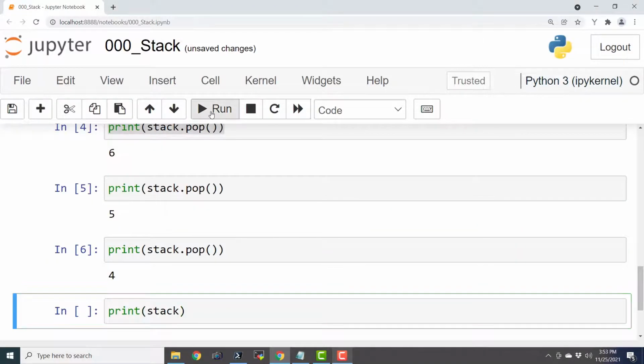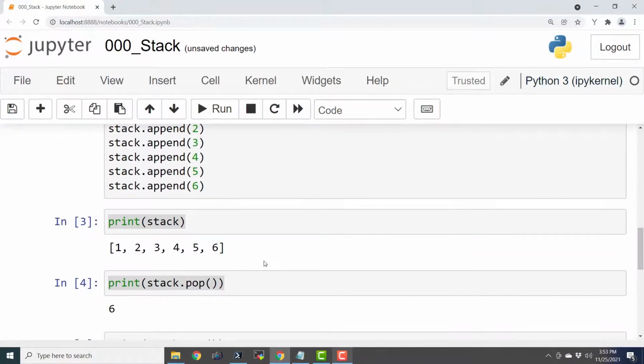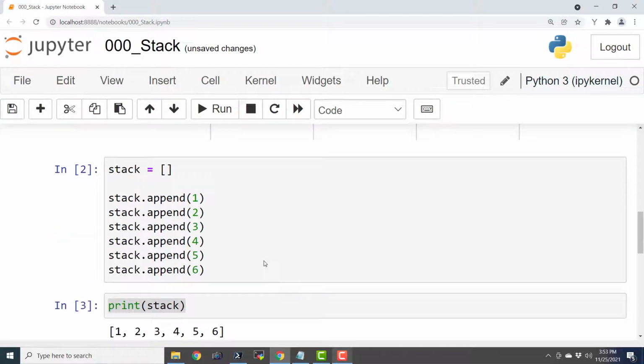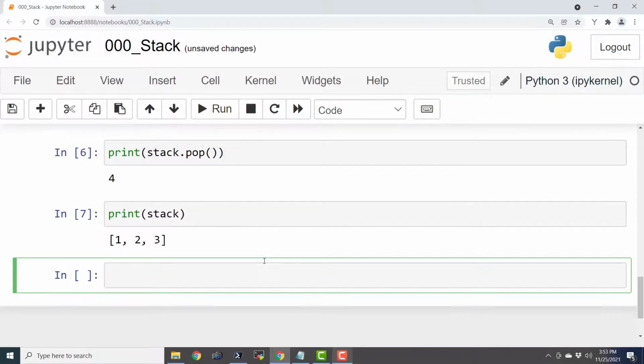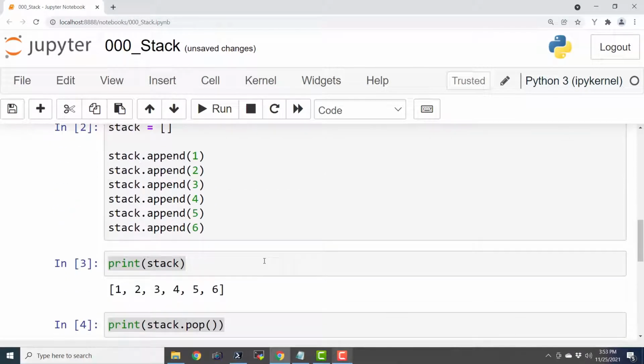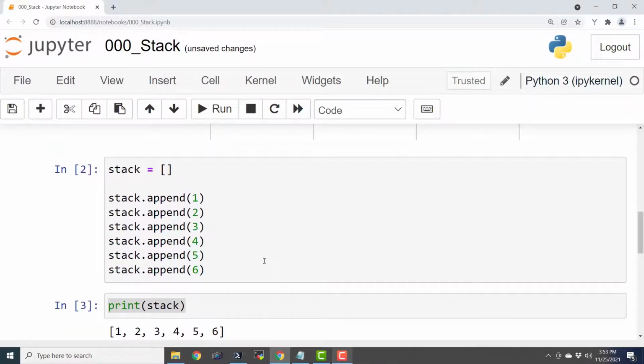So this is how we can simply create a simple stack with stack data structure in Python, and we can use the append and pop methods of the list data structure in Python programming language to simulate a simple stack. So this is a very simple way of simulating. We can even write our own custom data structures, and we are going to see that in the coming episodes